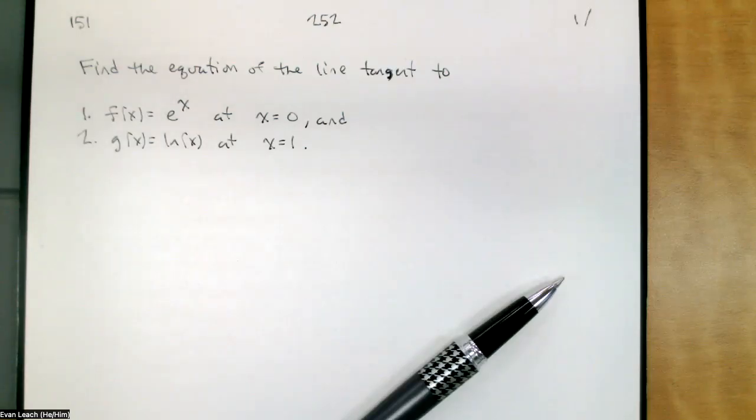Today, we're going to start off with an old problem. We're going to look at a couple of functions. We're going to find the equation of a line tangent to the function at a given point. That's an important part. We know that finding the equation of a tangent line involves finding a derivative, and a